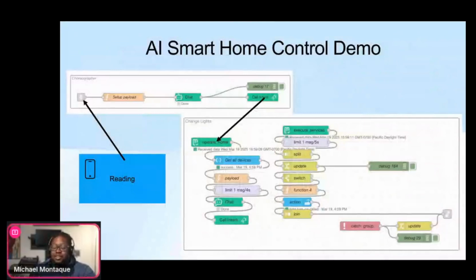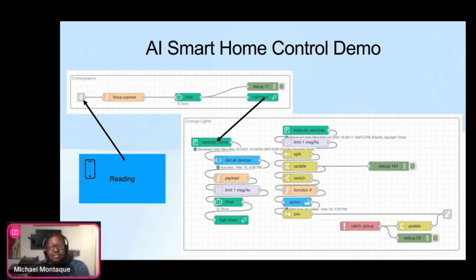All right, let's talk about it. As I've demonstrated, during the reading phase, I spoke into the phone. You can use shortcuts. The shortcut transcribed my voice into text, so it went speech to text. That was sent out as a command. And because it's coming from my phone, it knows that I'm the one sending it. And due to presence detection in my room, it knows where I'm at as well. So then all of that gets sent to the choreographer.